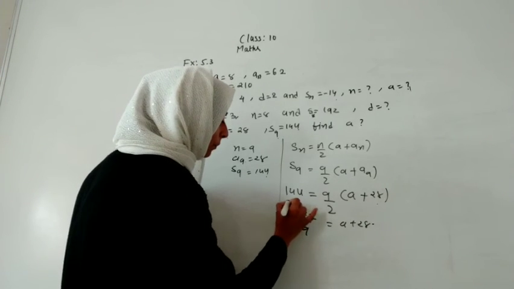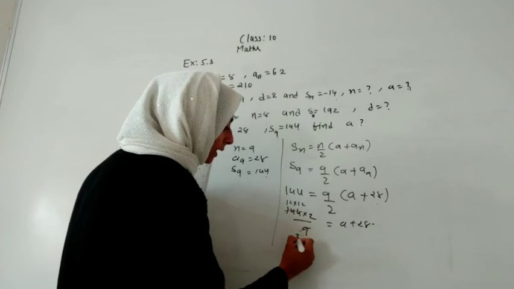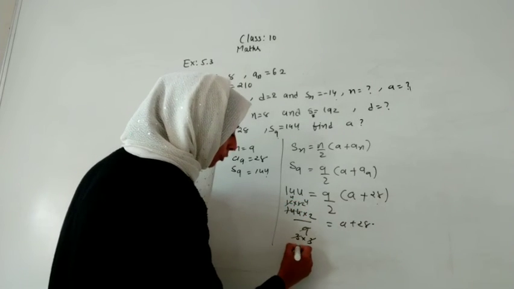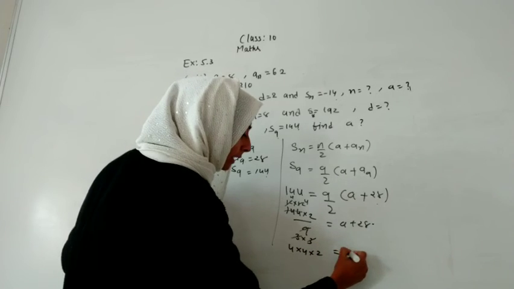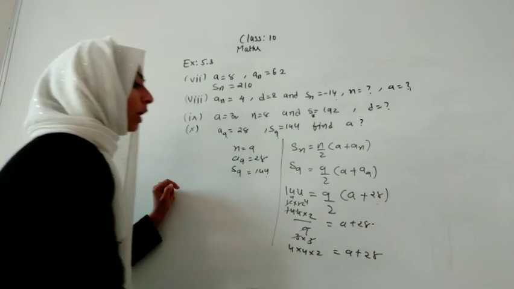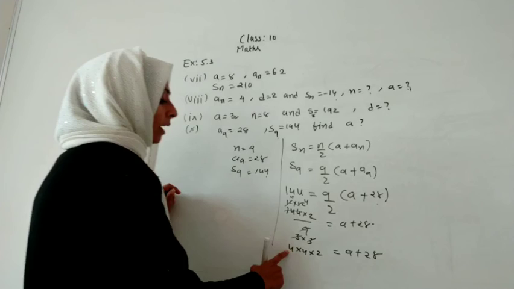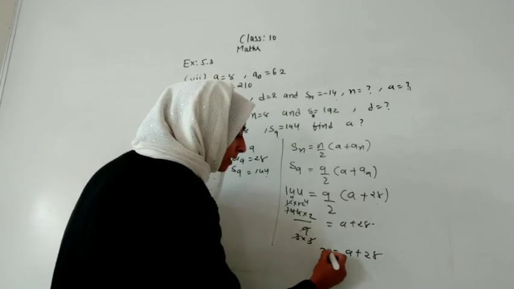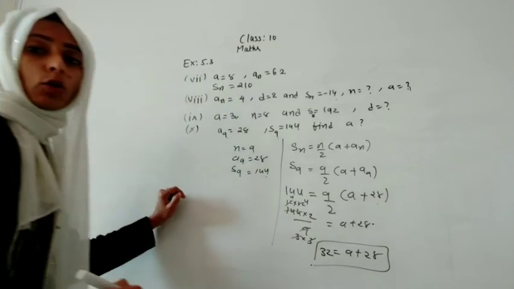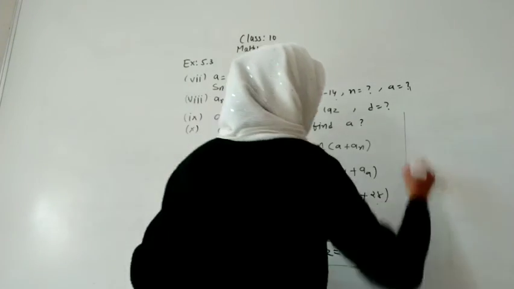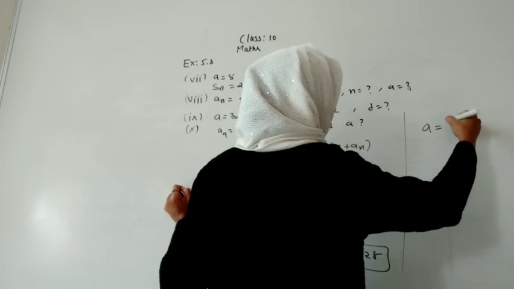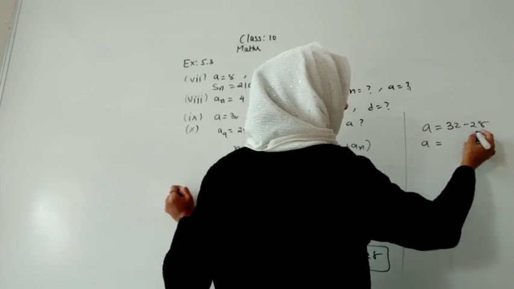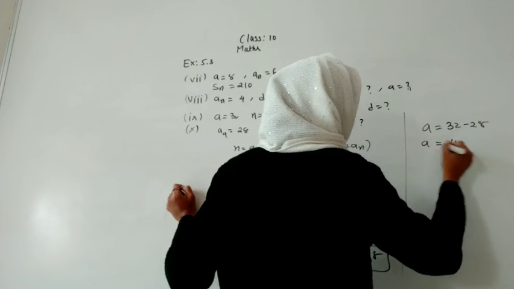So ये होगा 12, जहाँ पे ये है 3. So हम क्या करेंगे, 3 4 जा से कट करके 4 into 2 रिमेन रहने देंगे और हमारा answer कुछ इस form में होगा. So let us solve it. So हमारे पास जो बच गया है वो है 4 4 जा 16, 2 जा 32. So in simple way I can write it as 32 is equals to a plus 28. So if you have to shift, so we will shift 32 minus 28. So here if you are subtracting it, we are getting a as 4.